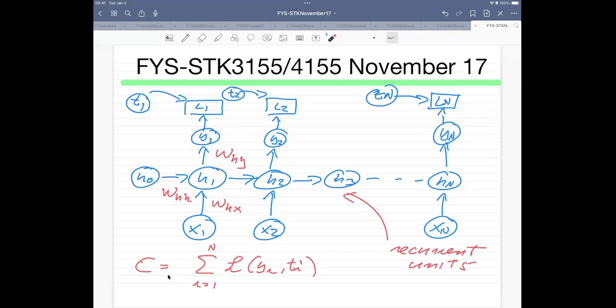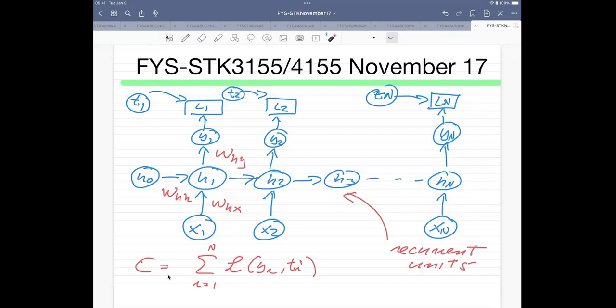So you have a feed-forward pass where you go through the whole network in a very sequential way. And then you have a back propagation path. And this is called back propagation through time, because you do it for every single time step. But in general, you don't do that because this becomes expensive.